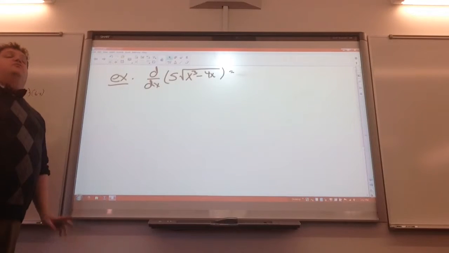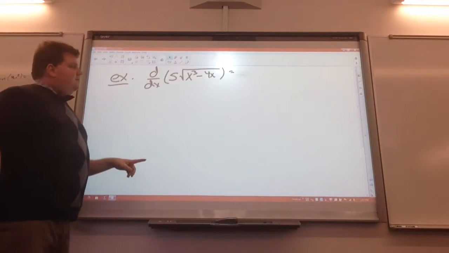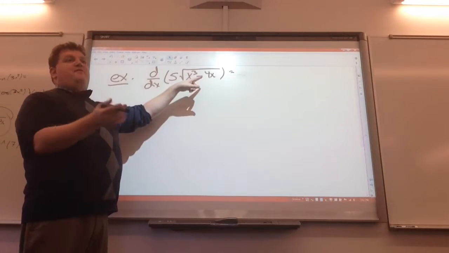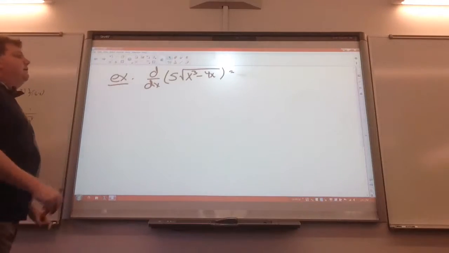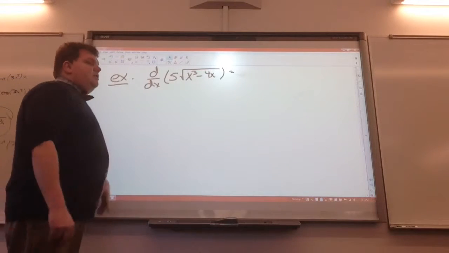Well, it is only one function, but I can treat it as if it's a composite. I can treat it as basically g of x being x cubed minus 4x, and the f of x that I stick that into being 5 root x, if you will. But how I'm really going to think of this thing is basically, the first thing I'm going to do